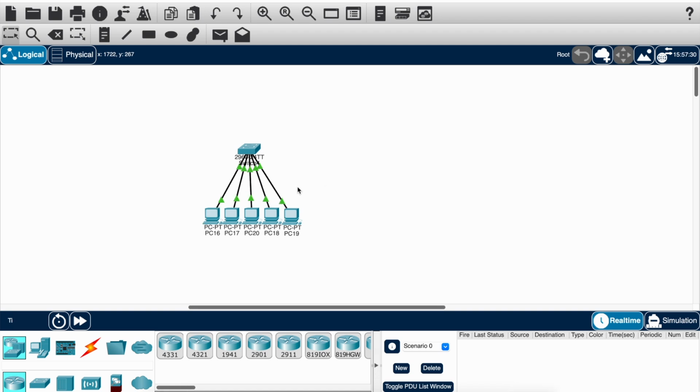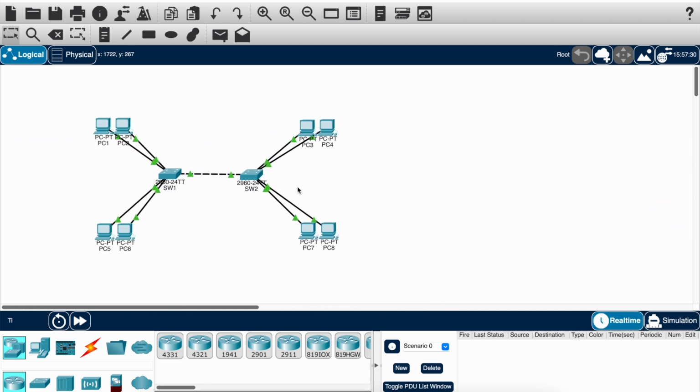Let's take a look at another topology, but in this topology, we have two switches. These two switches have some PCs attached to them, as well as a link between the two switches. It is always good practice to use a crossover cable when connecting similar devices, such as a switch to a switch, router to router, PC to PC, PC to router, etc. Even though these devices will most likely use auto MDIX, it is always useful to know when to use a